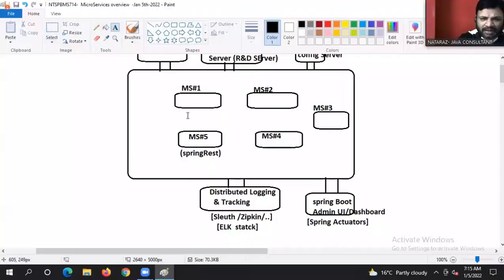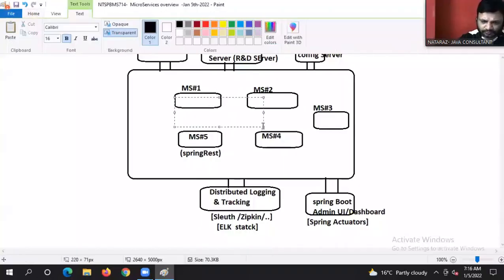So load balancer client, guys. LBC, load balancer. I think we already know what a load balancer is. When so many instances are there, which request should go to which instance?